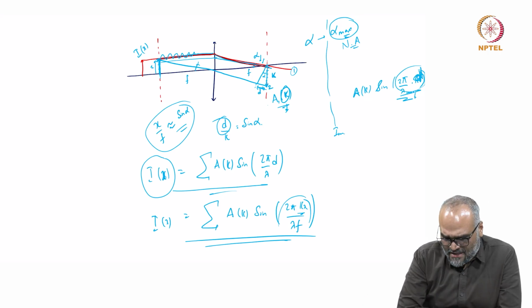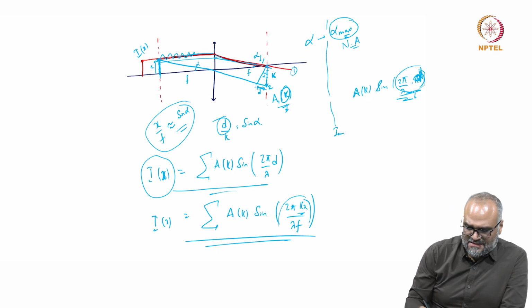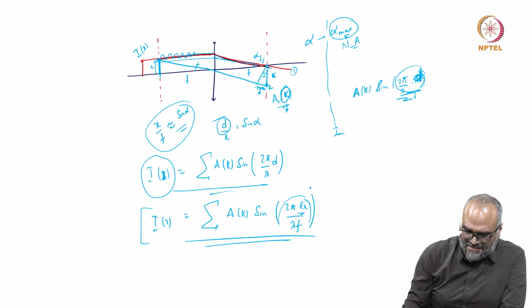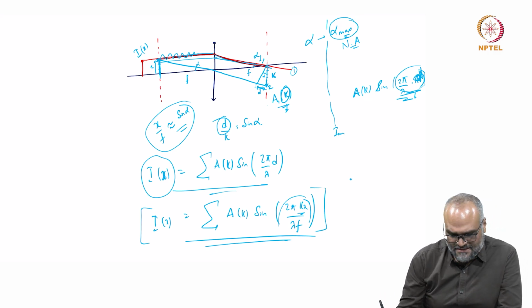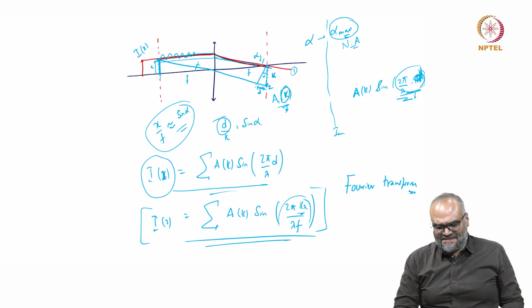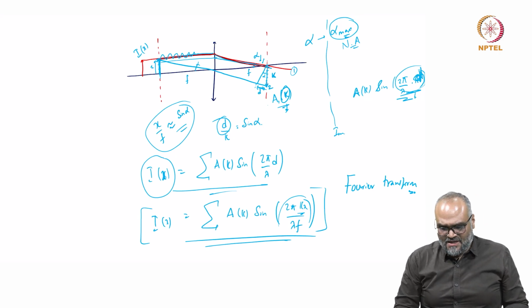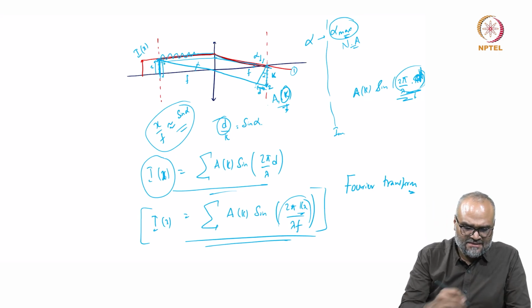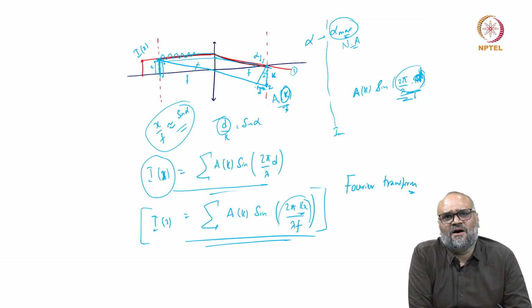So essentially this summation has the form of what is called a Fourier transform, and what this tells us is for any variation in the spatial domain or in the object plane